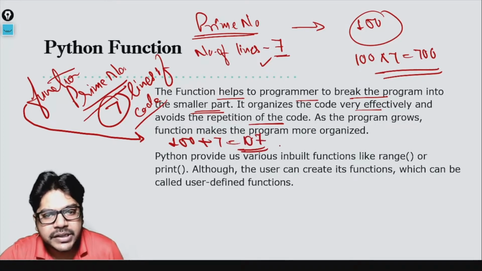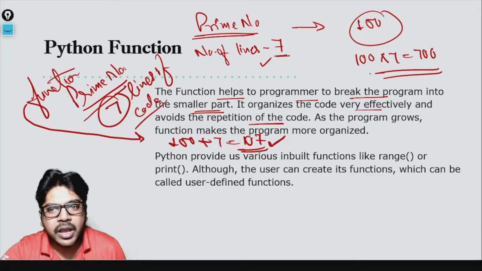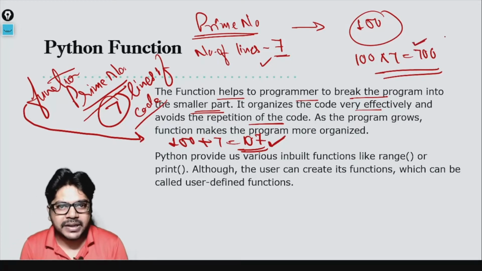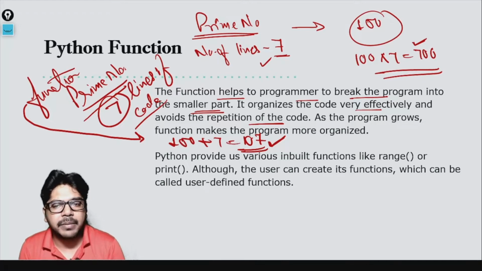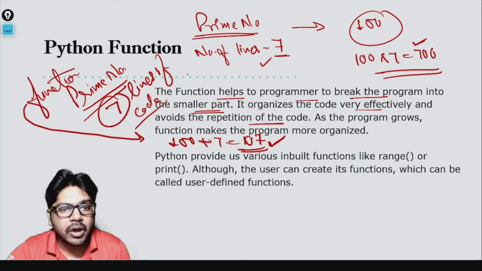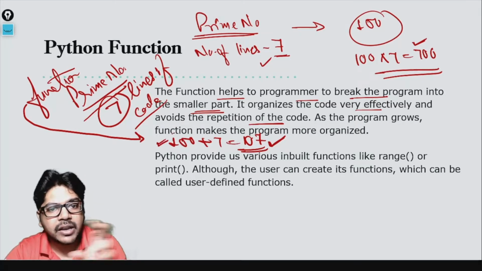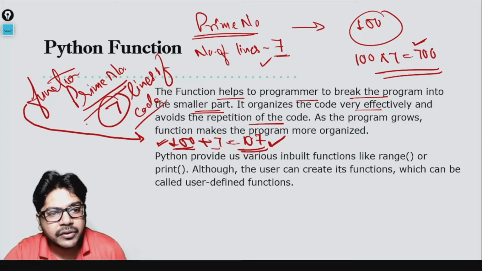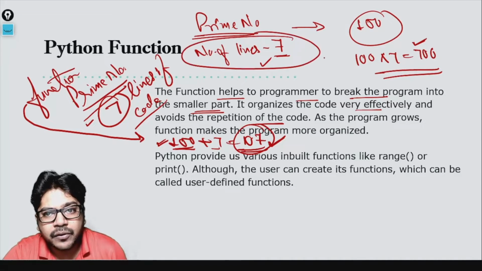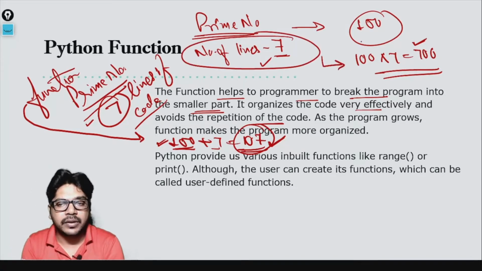So now you are able to achieve the task in 107 lines of code, which earlier was taking 700 lines of code. Of course, the example that I am giving is not a very valid one, but just imagine, there can be many such instances where a similar use case comes up, and how many lines of code you can save just by writing one function of 7 lines and calling it every time. Function calling means you are writing one line, so 100 lines plus 7 lines of code that you have written, total of 107. Earlier, you were writing these 7 lines of code 100 times, and that was 700 lines of code.